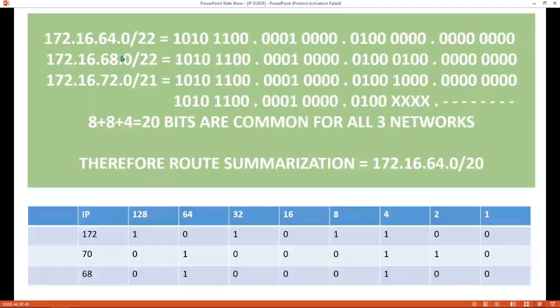So you can see how the 3 networks have been written for the final route summarization. It has been converted into binary and then again found the common bits. So then you can find the least network number and specify the common bits value. Okay, so you can refer to the table for further clarifications. Okay,